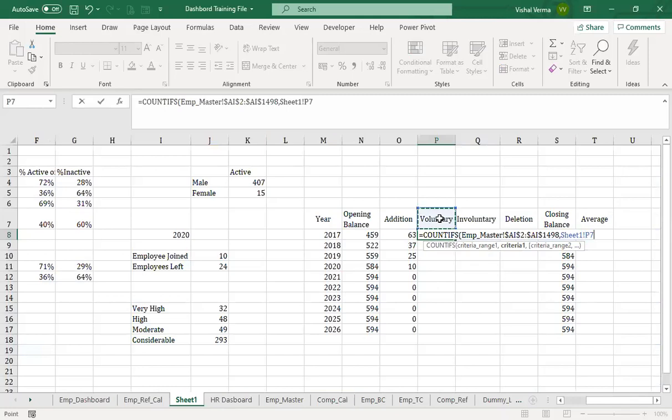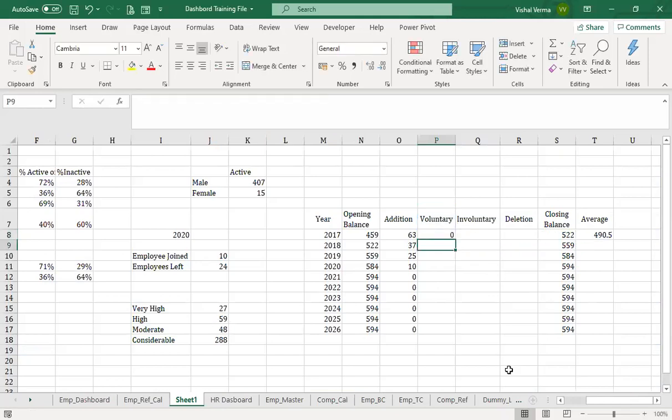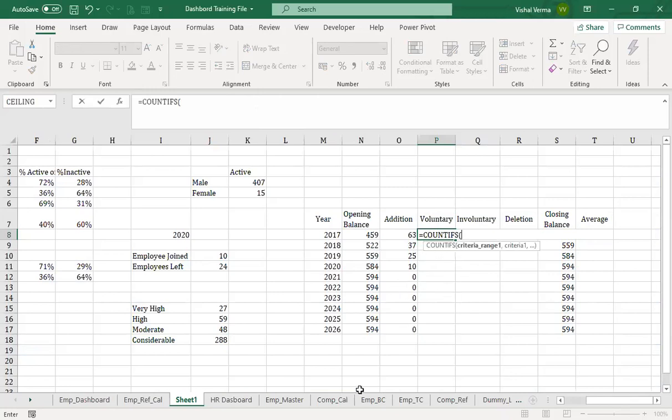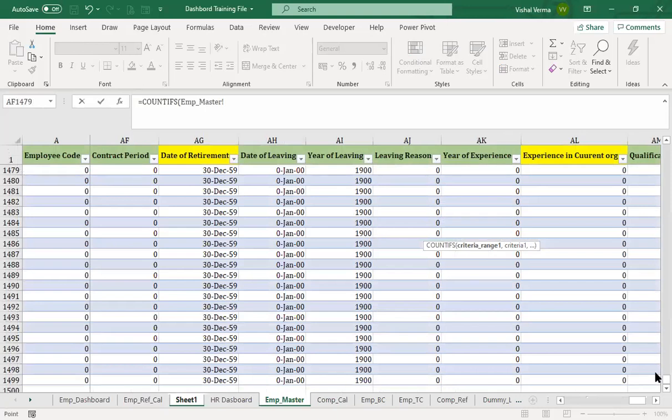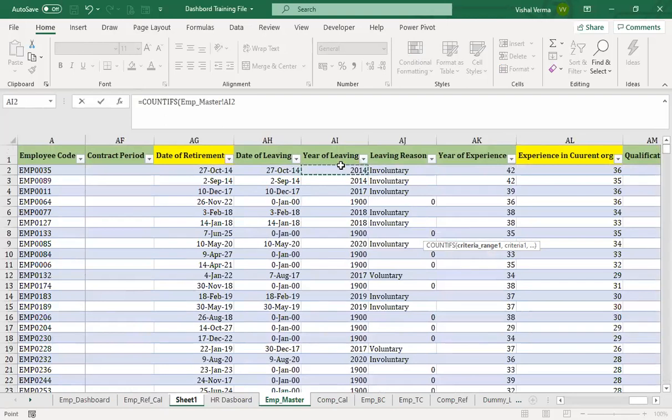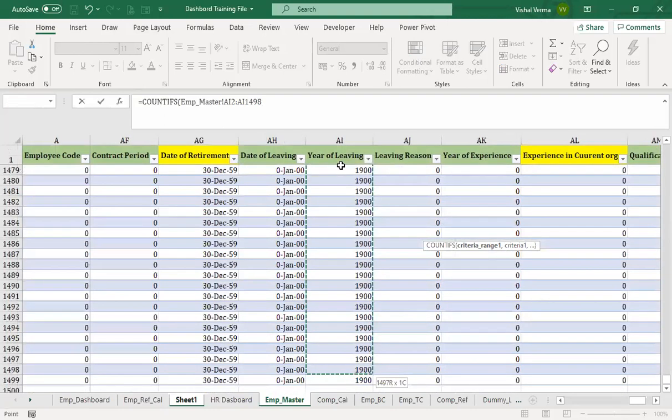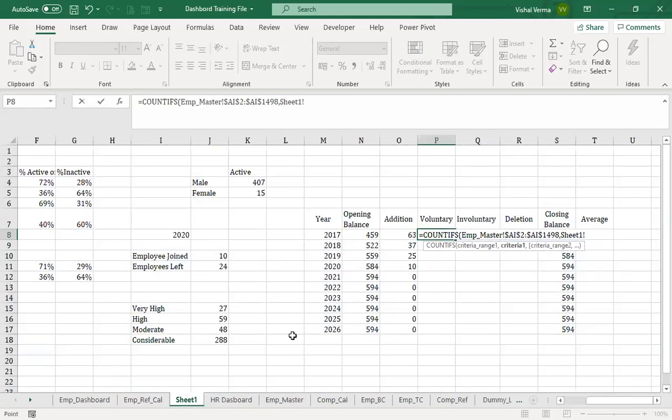From the master data we have the date of leaving, the year of date of leaving, and then we have to give this year.